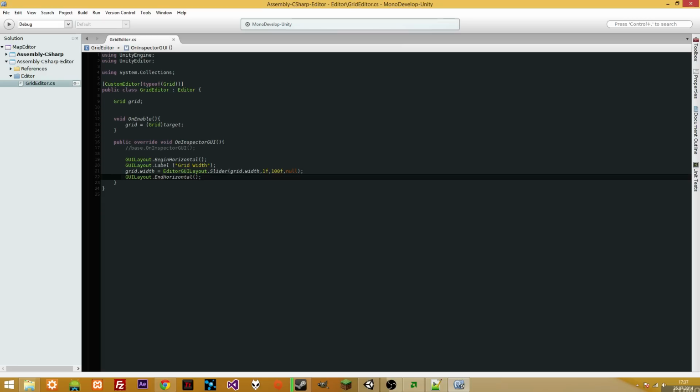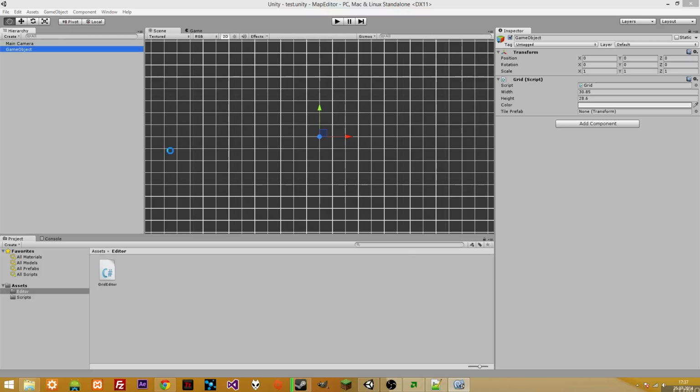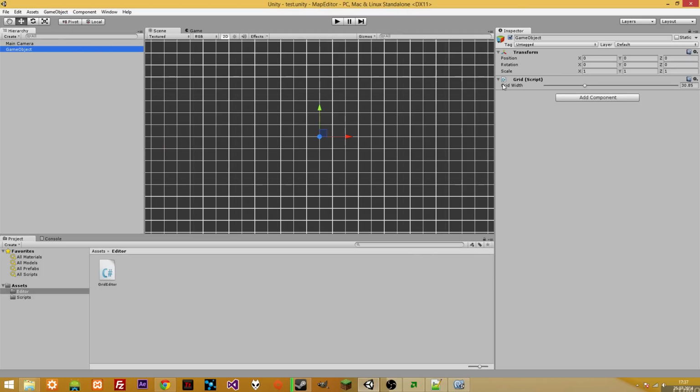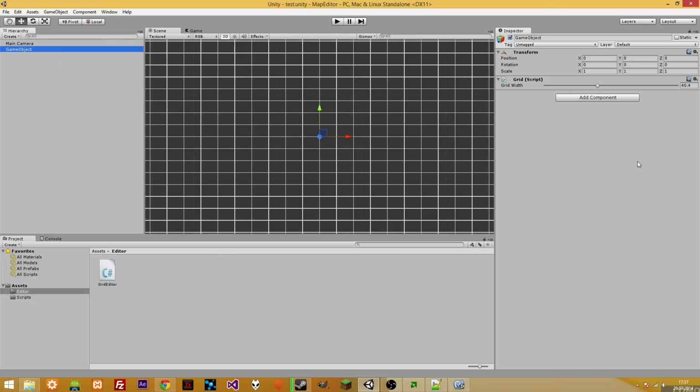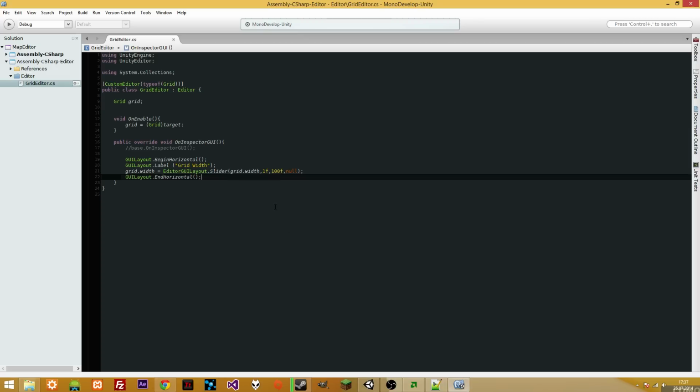Okay, so what we do here with this BeginHorizontal and EndHorizontal is we create an area so that the elements that are defined in this area will be displayed horizontally beside each other, as you can see here now. Good. Then this same code will be used for the grid.height for the grid height,